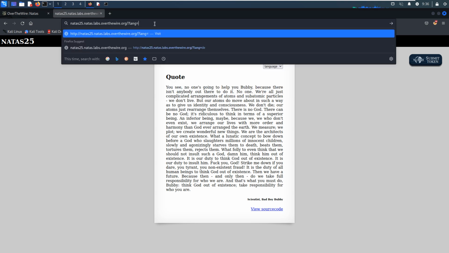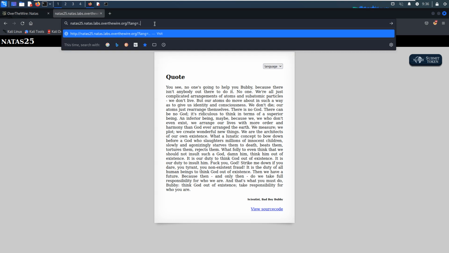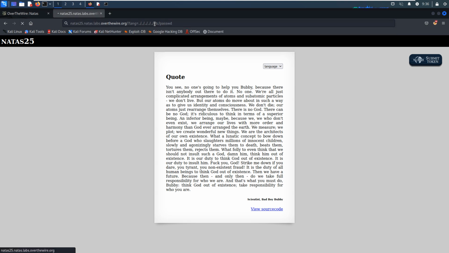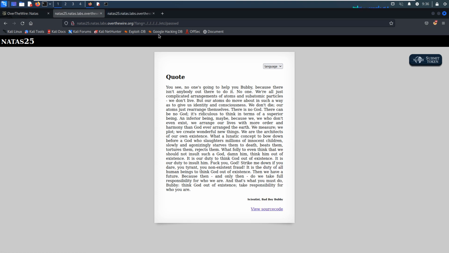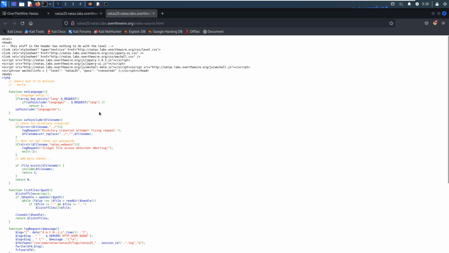Let's try it. But nothing different, so it's not so easy at all. We can click view source code by opening the link in a new tab.